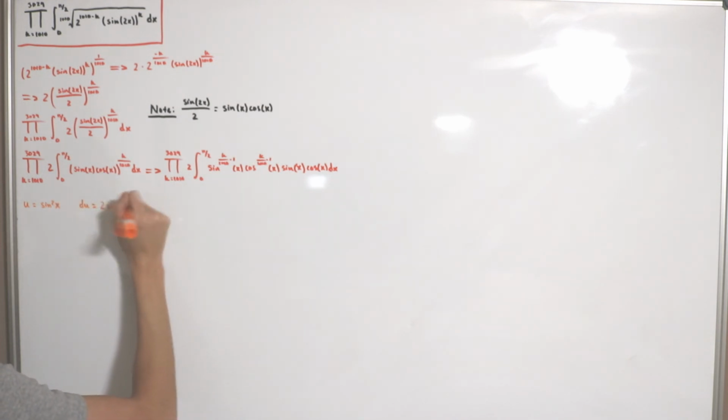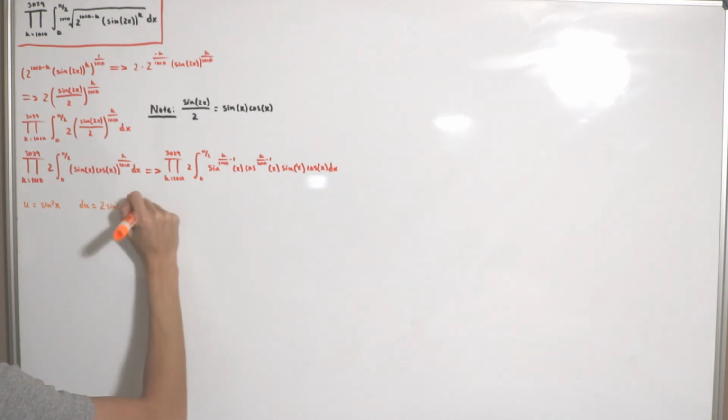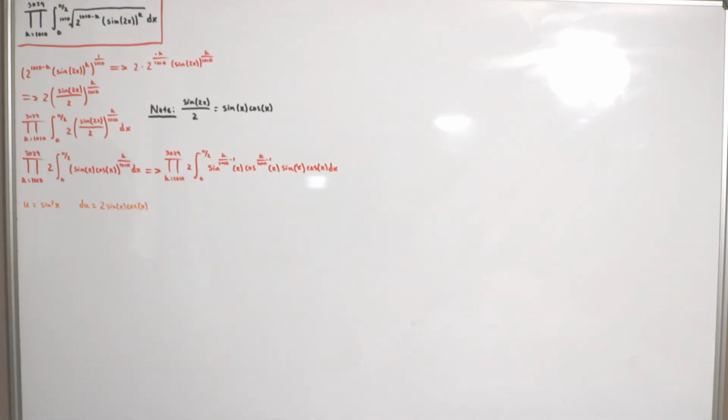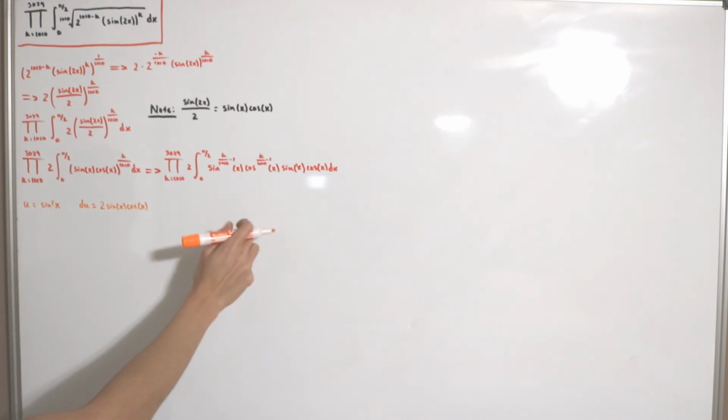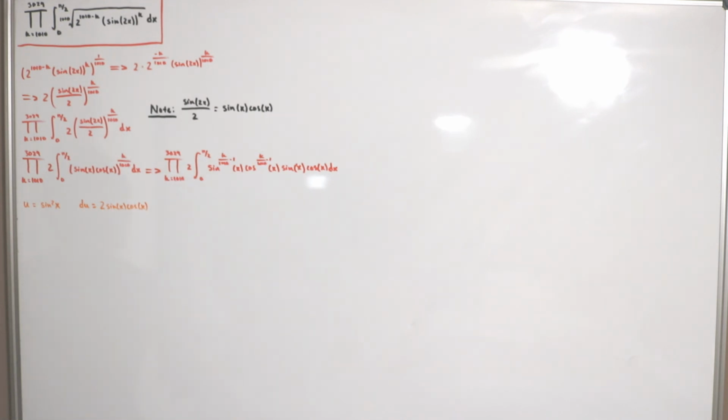So we get that this is 2 times sine of x times cosine of x. But also don't forget that I need to substitute everything in terms of u. So let's do things this way. How about I take the square root of both sides, and I'll write it in terms of exponents. So u to the 1/2 is equal to